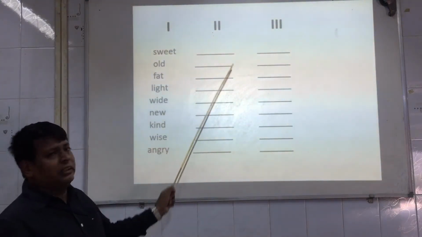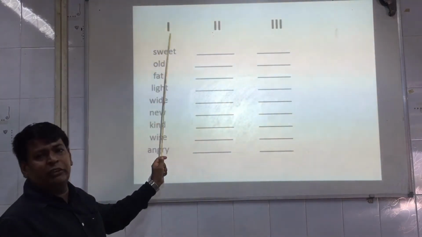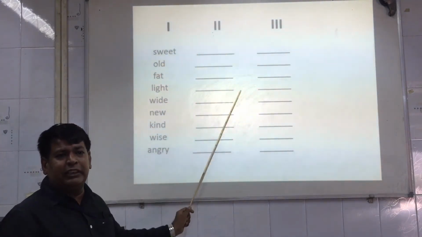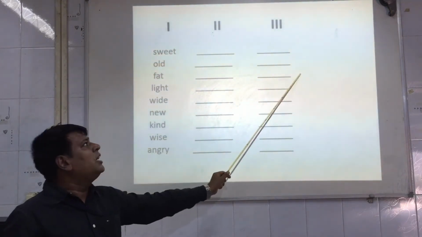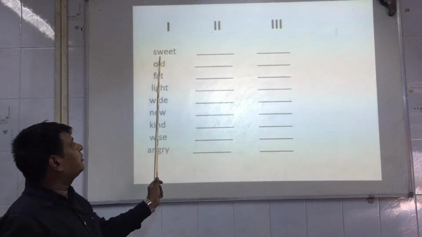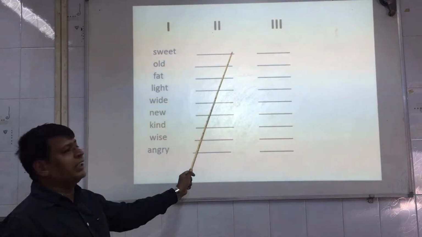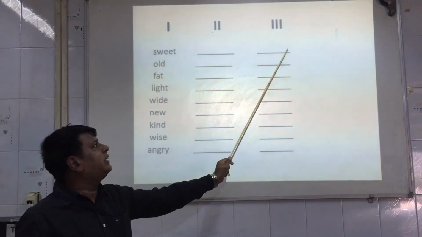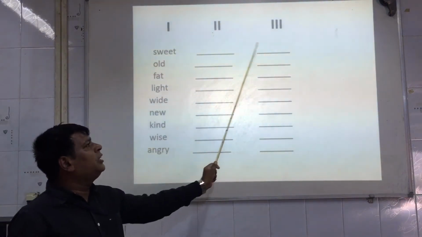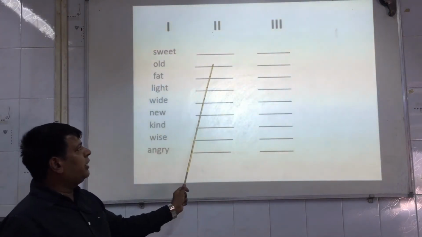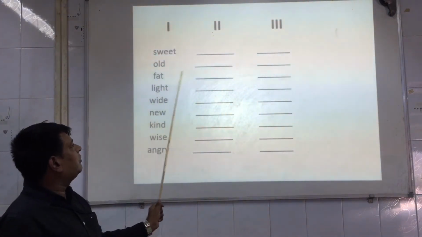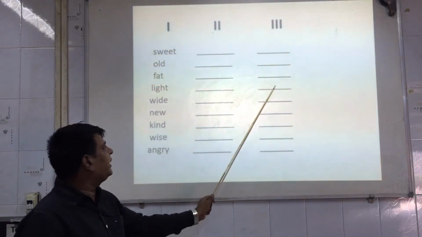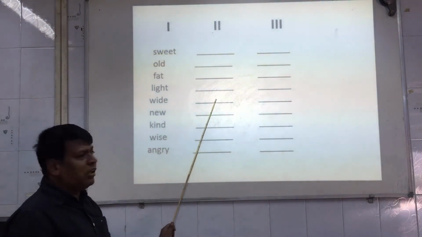See here, I have not written the answers over here. It is a blank form. We have to write. The first column is the base form, the second one is the comparative adjective, and the third one is the superlative adjective. So sweet is the base form. In the second column, in the comparative degree, we will add er, and here est. So it will become sweet, sweeter, sweetest, old, older, oldest, fat, fatter, fattest, light, lighter, lightest, wide, wider,